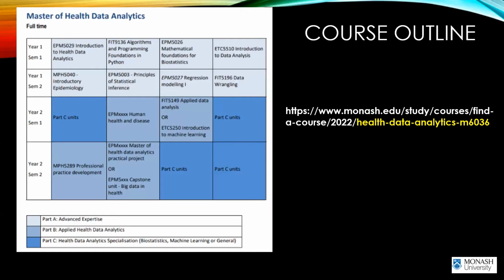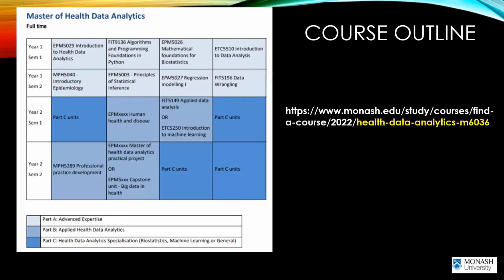Then in the second year, there are two compulsory subjects. One is Human Health and Disease, which is really learning about the human body and disease systems, basics of anatomy and physiology. And the second one is a choice of 2 different units, which are both introductions to machine learning, and have got similar content, and you're free to choose one or the other. Then